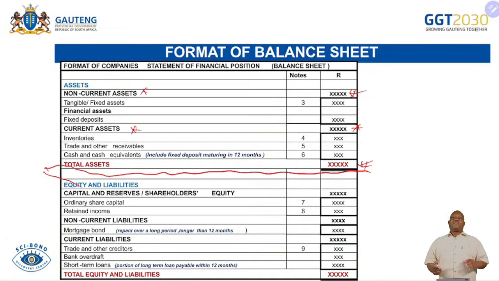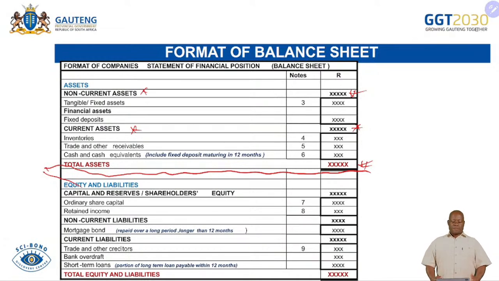Now, there are items such as shareholders for dividends. It is part of our trade and other payables. Sometimes we have income tax that we are owing to SARS. It becomes part of our trade and other payables. But sometimes you are going to see that we can also record them and show them on the face of